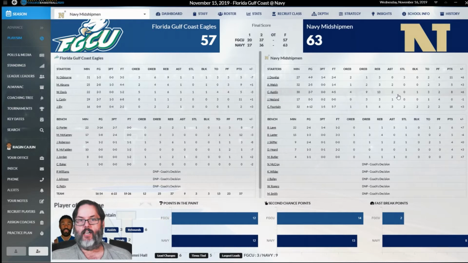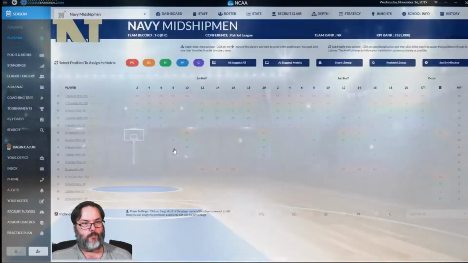He had 1 assist. All right, so not happy with that. May have to rethink that there, fellas. And 18 points, 6 boards, 3 assists for Fountain. 6 points, 5 boards in 22 minutes for Laws off the bench. And remember, if we look at the depth chart, Laws is playing